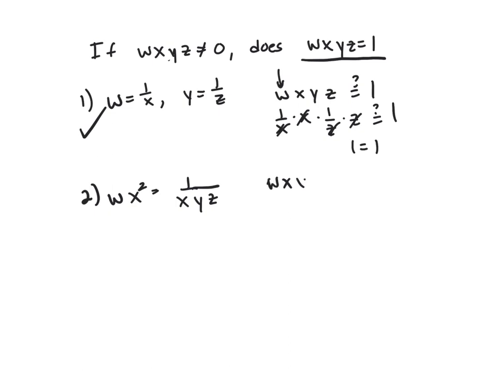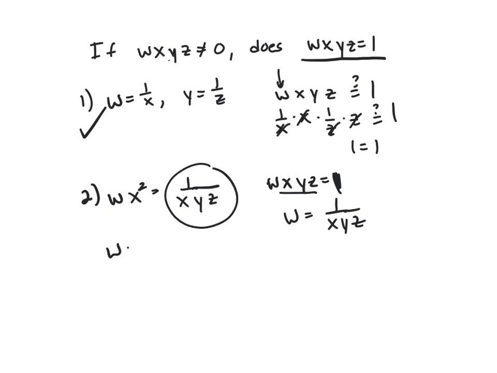All right, so we know that w, x, y, and z equals 1. That's given. I'm looking at clue 2 now. I forgot about clue 1. Now, if I divide both sides by x, y, z, that gives me w equals 1 over x, y, z. So that's this. So w x squared equals w. Divide both sides by w, and I get x squared equals 1, but that's not telling me anything